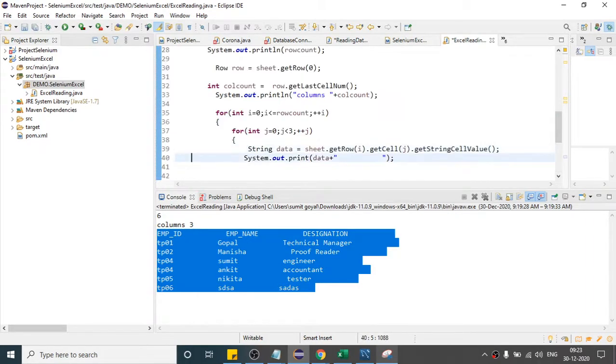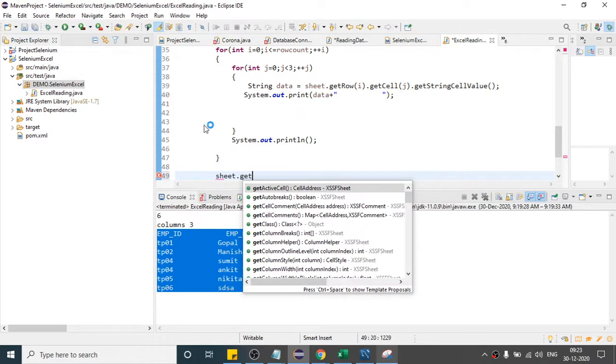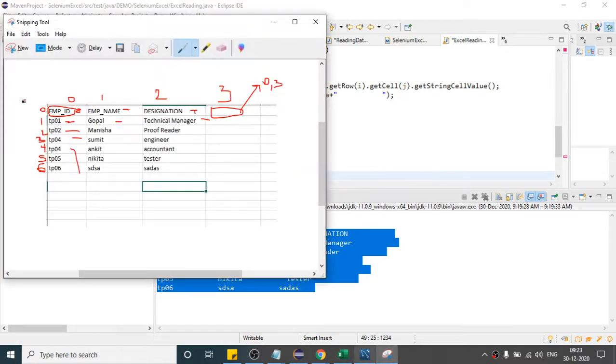So from the sheet, first you have to get the row, which row you want to write the data in. I want to write the data in our first row, right? So first I will get this first row, which means at index 0.